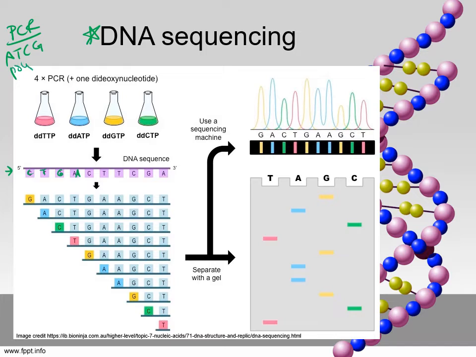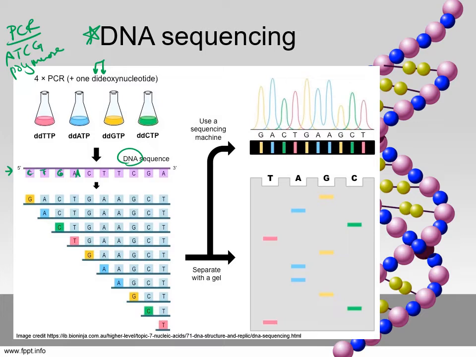We're going to have some polymerases that will allow us to bind together those A's, C's, T's, and G's that would be complementary to our DNA sequence. But what we're going to add in each of these different flasks is one extra special